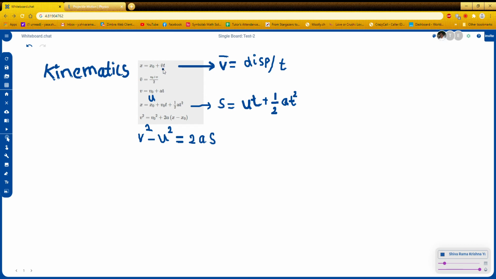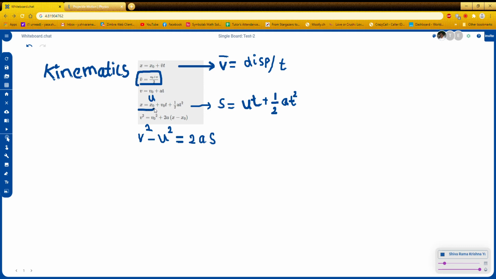V bar is the average velocity, which is basically total displacement by time taken, and this is the formula for average velocity: initial velocity plus final velocity by 2. And we know this formula as v is equal to u plus at,